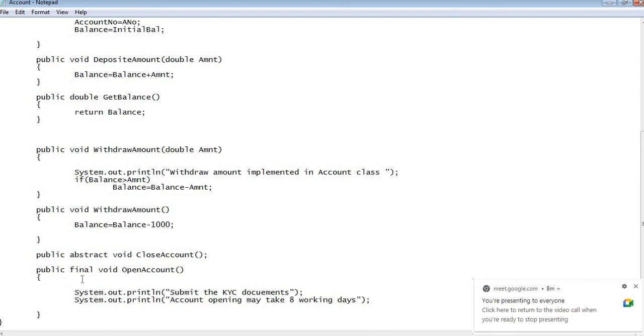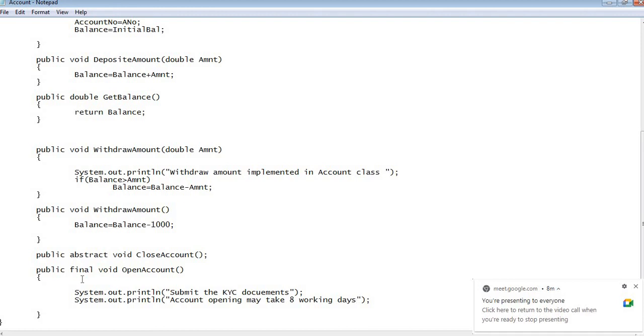Whatever the scrutiny is to be done, every step is implemented which is common and generic, hence it is implemented in the parent class. There is no specific procedure for every kind of account. There is a generic process, and this is the process. Whenever there is any change to the process based on a decision from the bank side, that change would only be done here in this implementation. There should not be any other implementation of this process in the system, right?